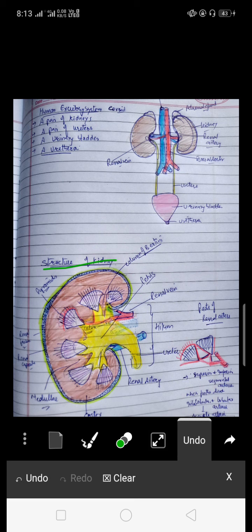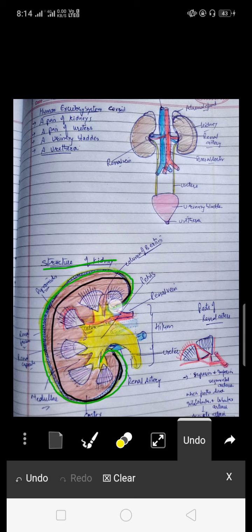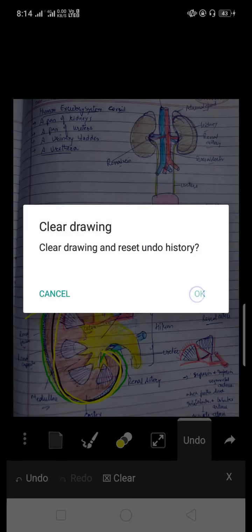Our kidney is externally surrounded by three layers. The outermost layer is a tough connective tissue layer called the renal fascia. The second layer is called the perirenal fat capsule, which helps to anchor the kidney in place. The third and innermost layer is the renal capsule. This is the external part of the kidney.